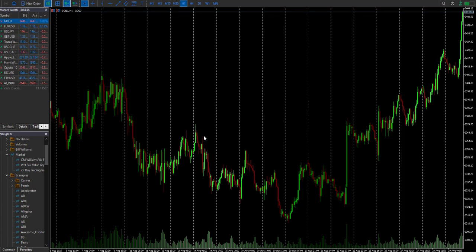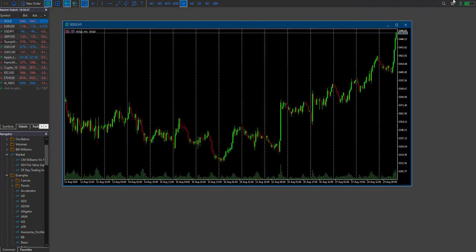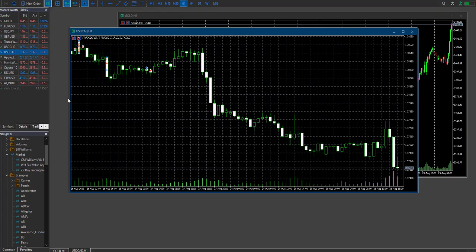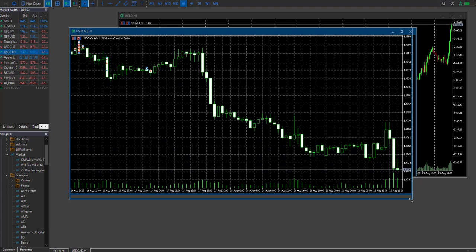So today we are going to create a template, so that if we have a default template to choose, we don't need to manually do it again every time. So for example, this is my main template, the black background with period separator, and then this one. So if I open a USD card, this is currently the default,